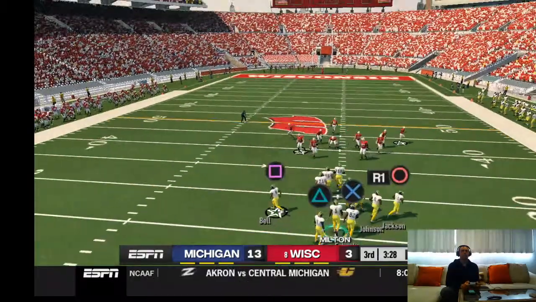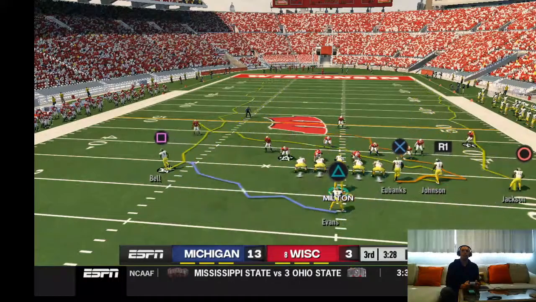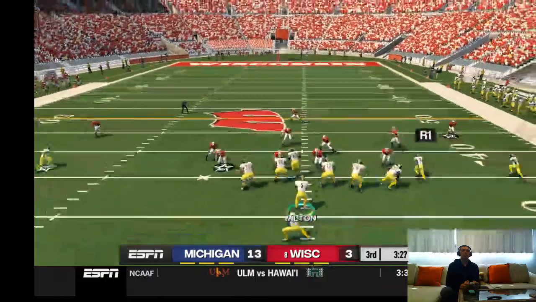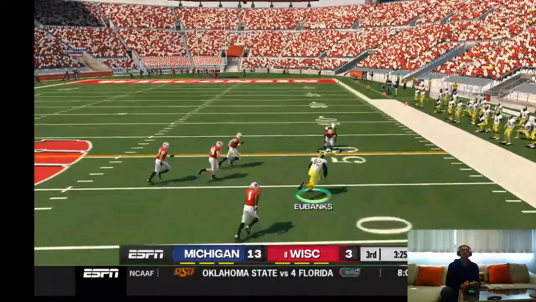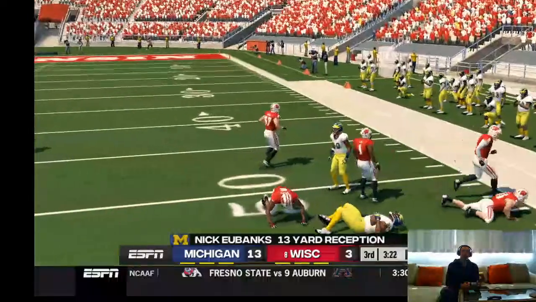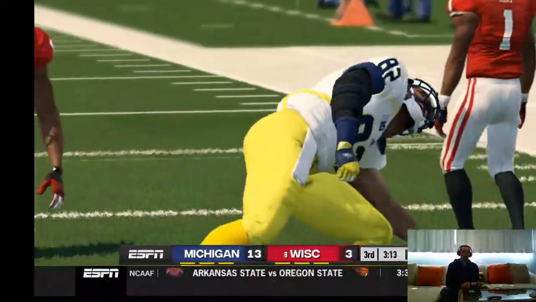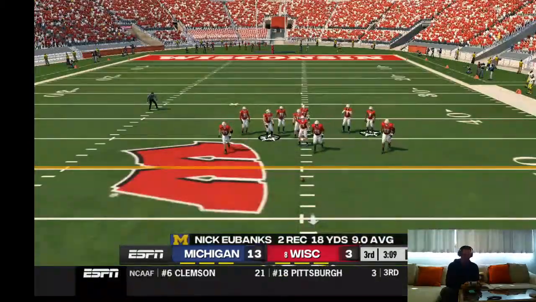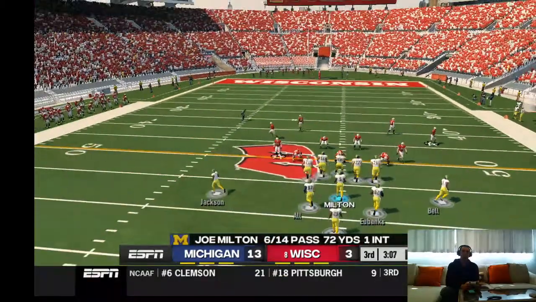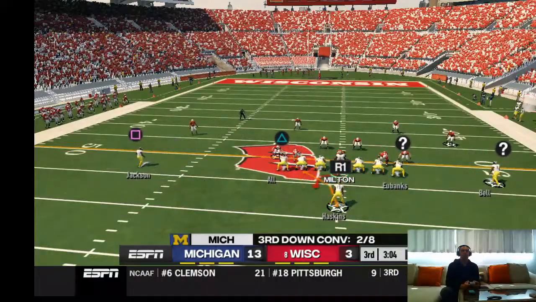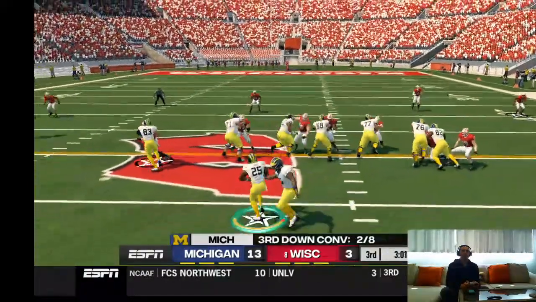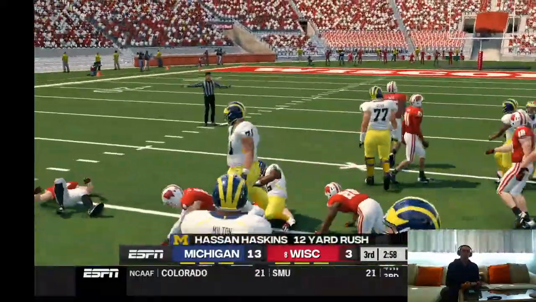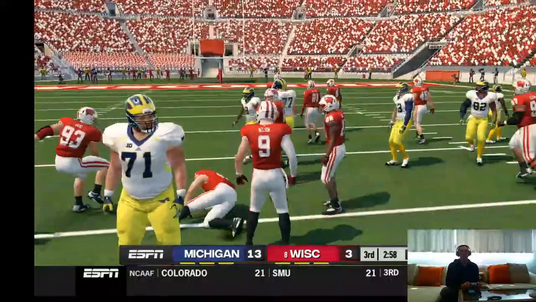From their own 35-yard line, it's second down. Quick throw to the tight end. The back makes the tackle at the 48-yard line. Third down. Better believe I'm running right at him. Come on. Ooh, good blocks. He makes his way to the 39-yard line, gaining 13 yards. First down.